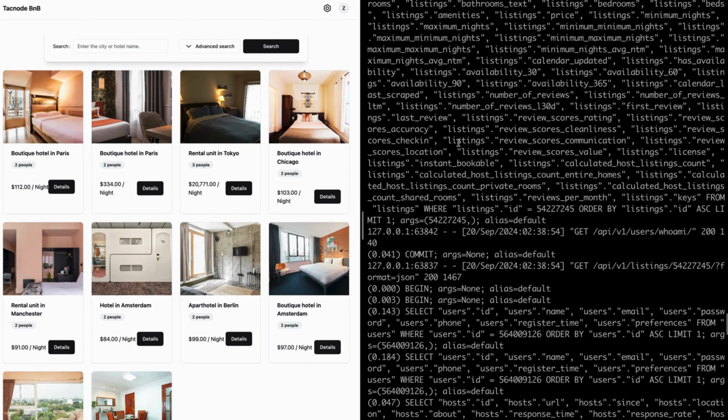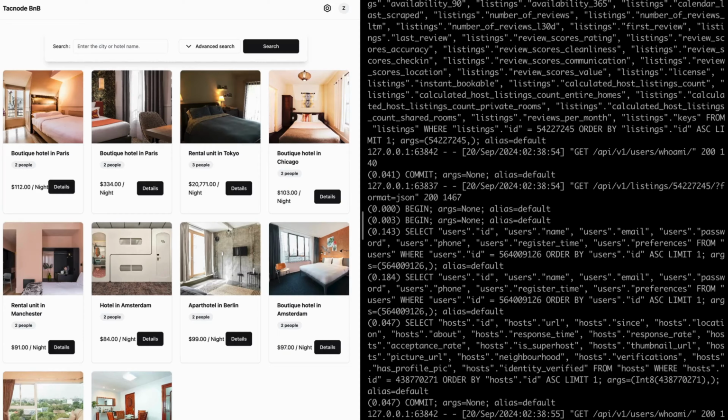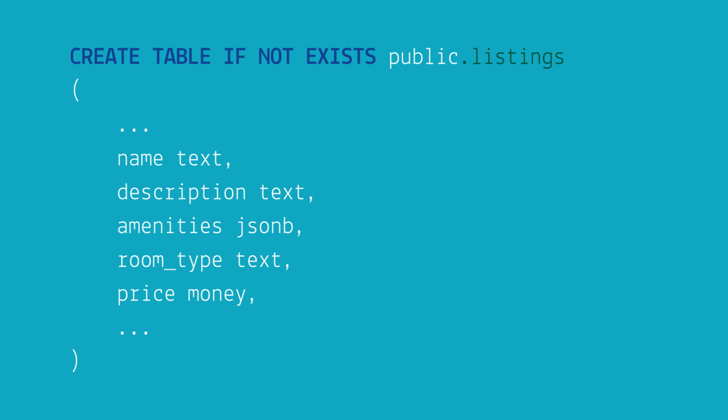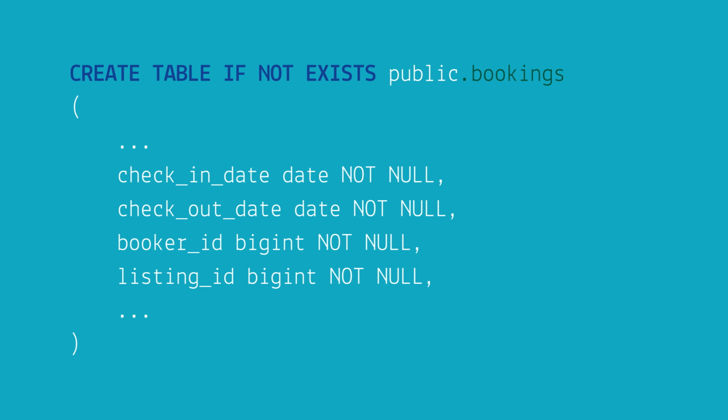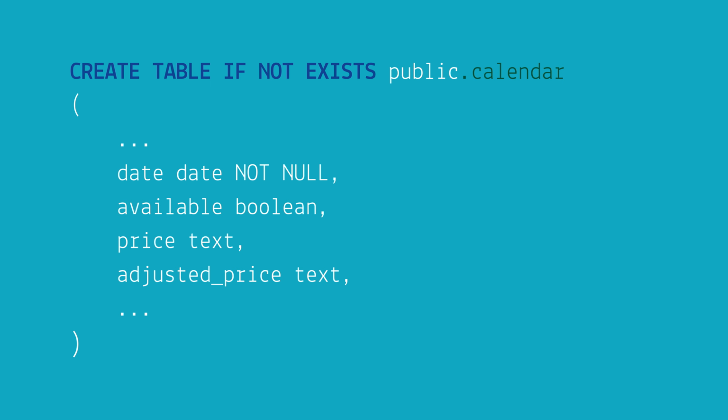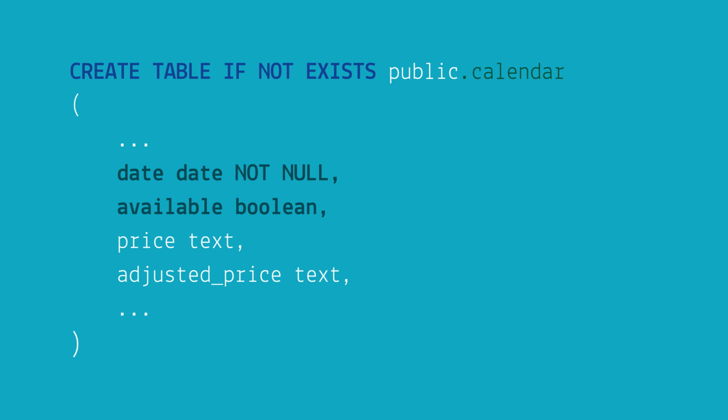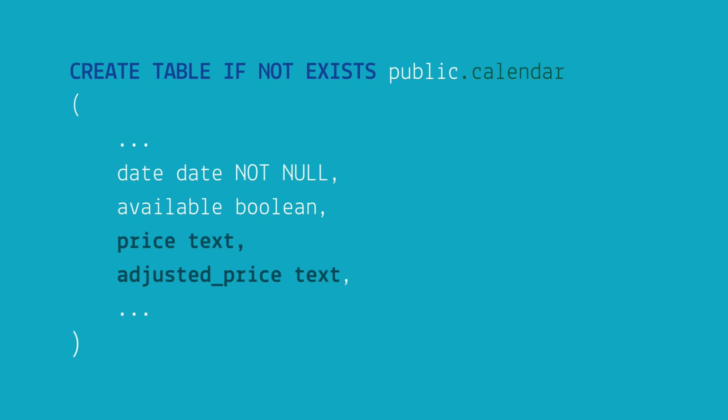In the Tacnode Playground, we will be using the following tables. The listings table, which stores information about each property, like amenities, room types, etc. The bookings table, which stores information about each booking or reservation made on the site, like the date of the booking, the listing, etc. The calendar table records the availability data for each listing, as well as other information, like